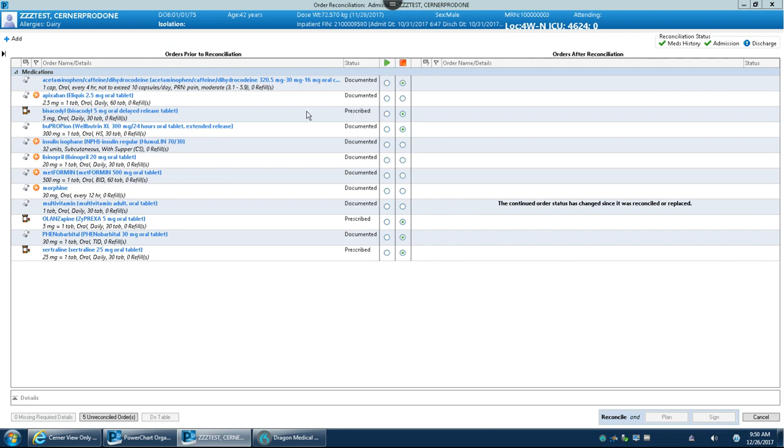And it lists the home medicines here. This patient has been demonstrated several times, so there's some prescriptions that have actually been given to this patient, actually printed off or e-prescribed. But all you do is click what you want to continue in the hospital. If I wanted to continue the apixaban,